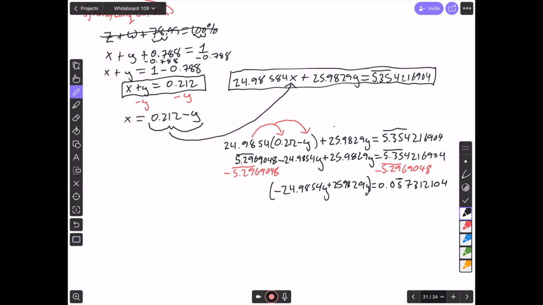If I distribute out my y, I'll get y times 24.9854 plus 25.9829. That will go down here, and I'll get 0.057312104 equal to y times, let's do the math and find out what it is,